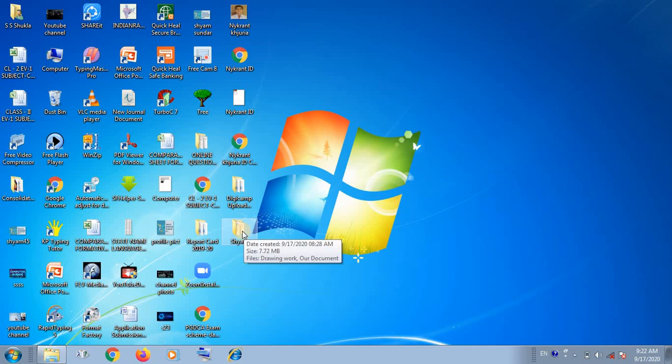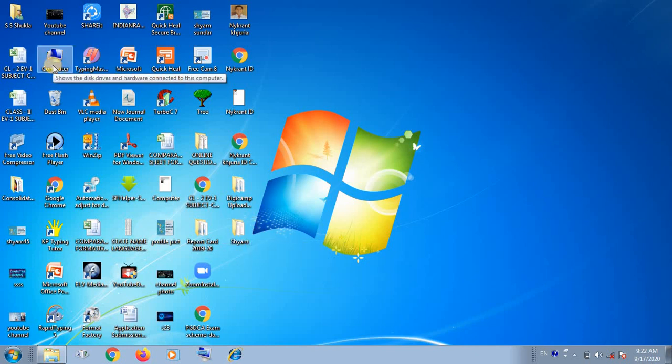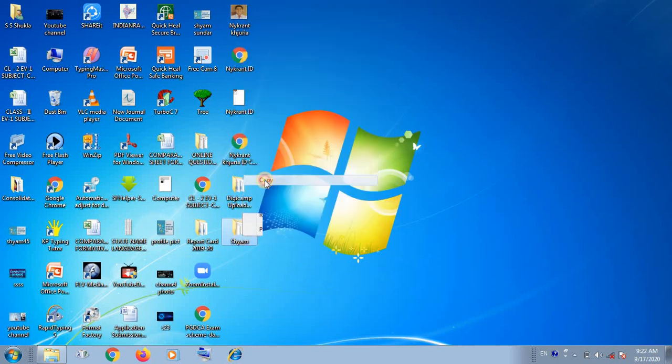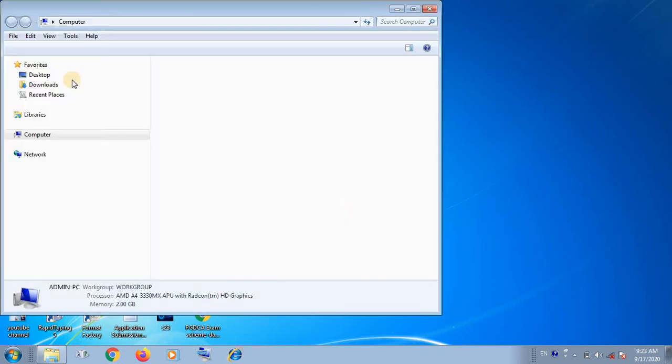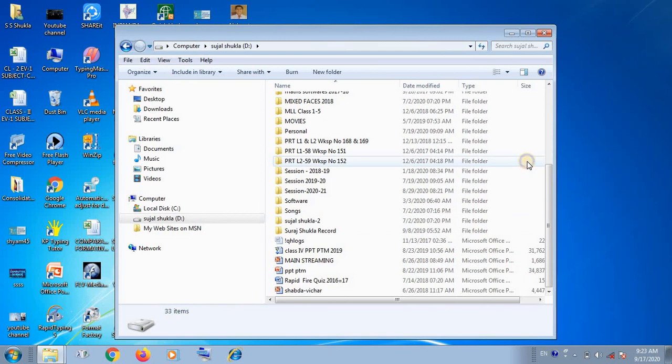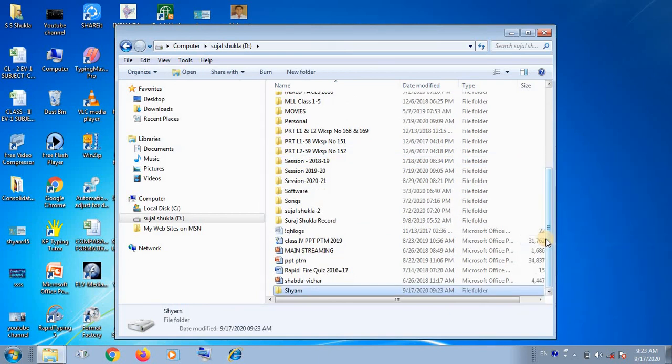And after this, suppose you want to make a copy, one copy here and one copy in the D drive. Then we have to again right click and select the copy option from the pop-up list. You are looking, this folder is here also. Now you have to go to your drive and right click and paste.